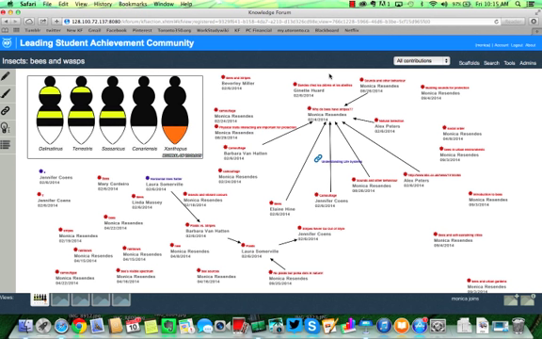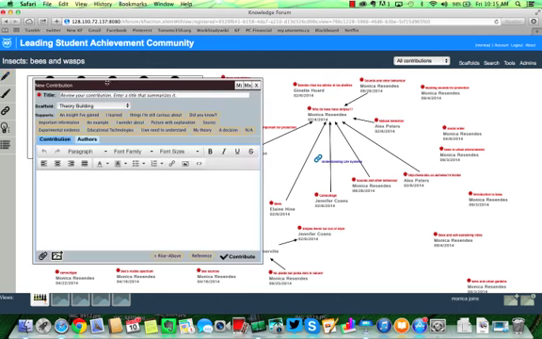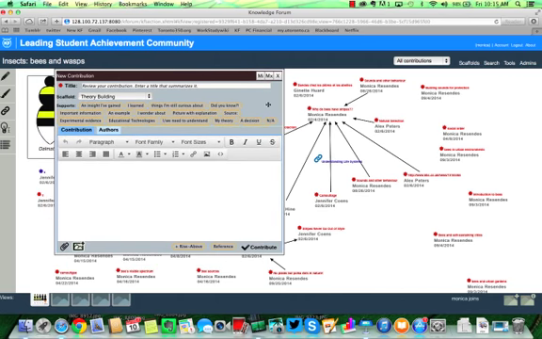In this video, I'll show you how to customize scaffolds in your knowledge form community. We'll notice when we open a note here, click the pencil icon and open a new contribution, that we have a default set of scaffolds that are automatically embedded in your knowledge form note. So we can see the scaffold set title here. I'll click this drop-down menu and see the theory building scaffold set. And underneath that title are all the individual scaffold supports that we can click and use to help frame our